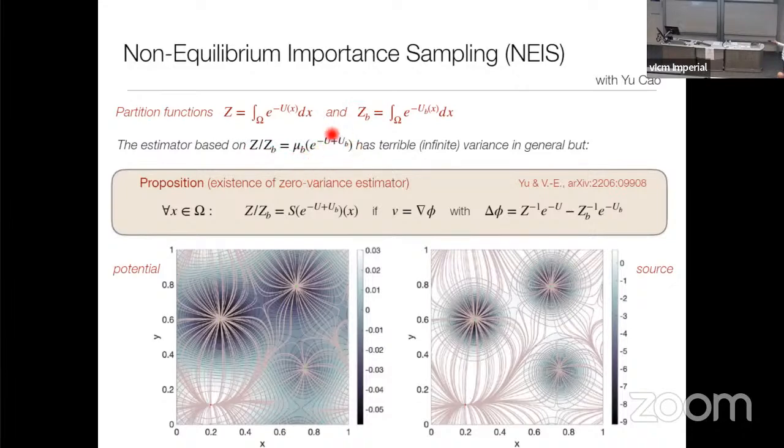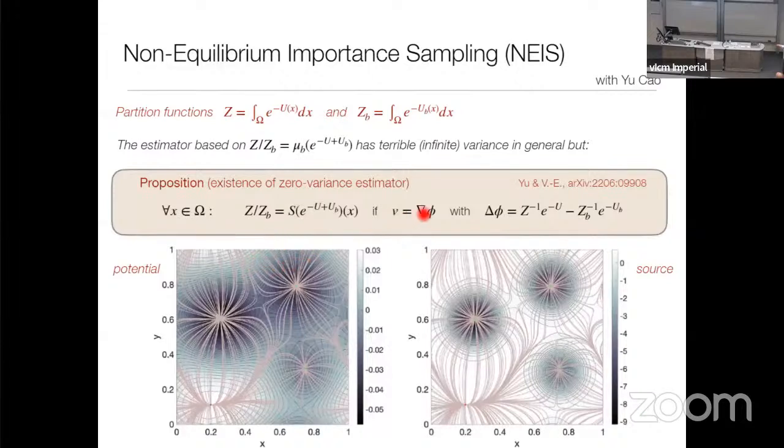Okay. This identity is not useful in practice, even though it's true in general, because the estimators based on it typically have infinite variance. These are in fact the weights that we saw in one of the first slides. And so you cannot use it directly, for the same reason. If this density is peaked in one region of space and this one in another region of space, which is the rule more than the exception in high dimension, you will get infinite variance. So you need to do something better than that. And the interesting result says that for this problem, there exists a velocity field such that the estimator has zero variance.